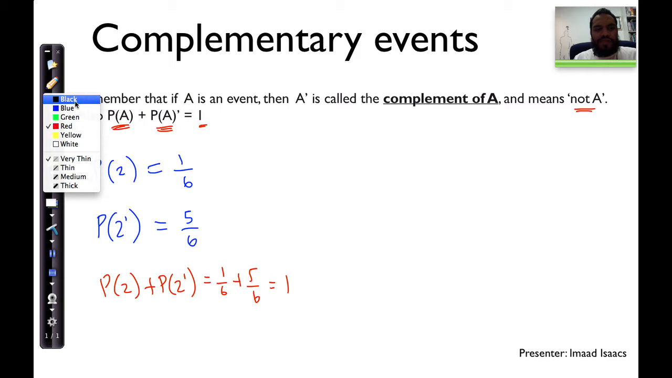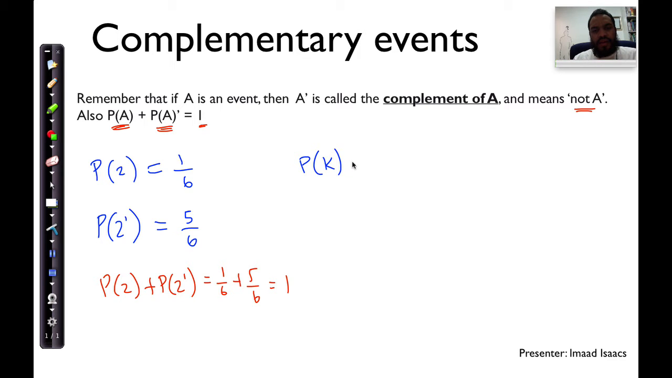Now let's look at a few other examples of complementary events. Let's take the probability of drawing a king in drawing from a normal deck of 52 cards. So you know your sample space is going to be 52, and you also know there are 4 kings in there. Then if I ask you what's the probability of not getting a king,